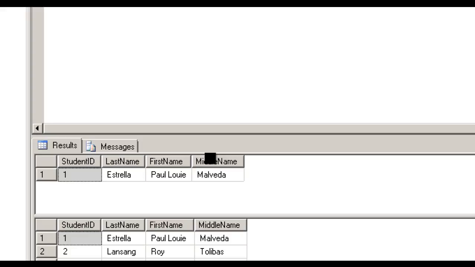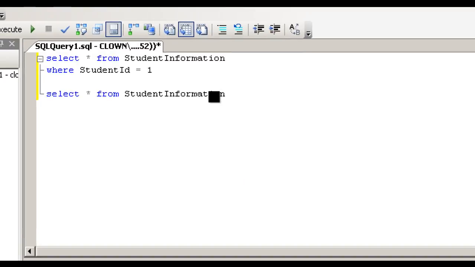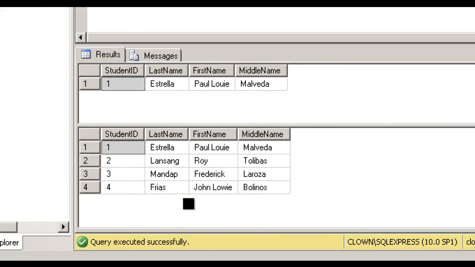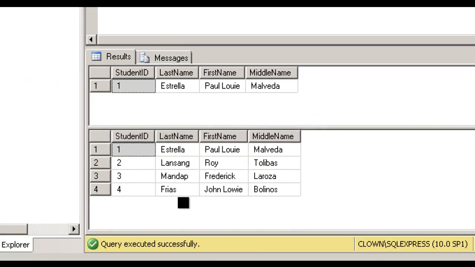That's why we only have one row in the first result, while in the second result, select all from student information, the result is student ID, last name, first name, middle name, because we select all the fields in the table, student information. Then we have 4 results because we select all the records from the table. That's why we get 1, 2, 3, and 4.